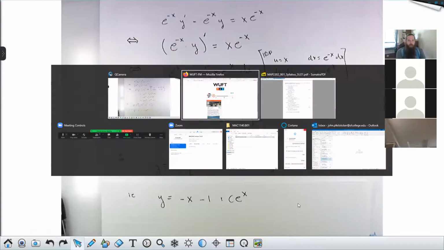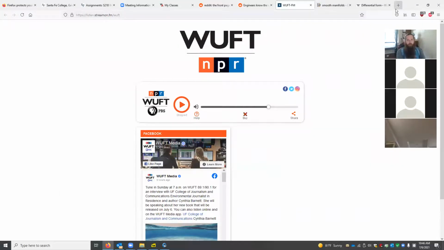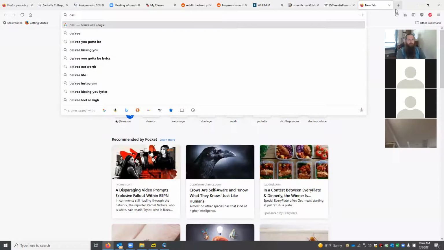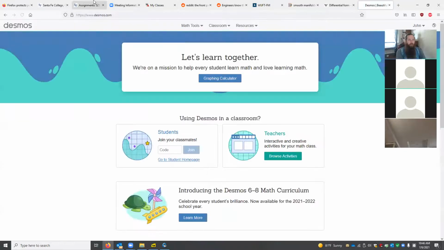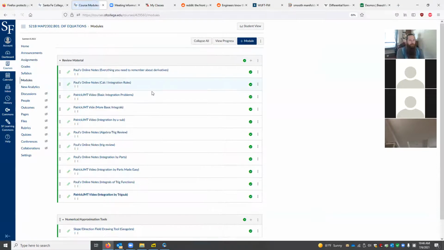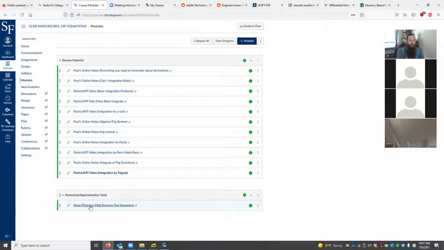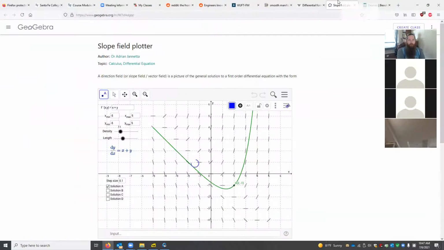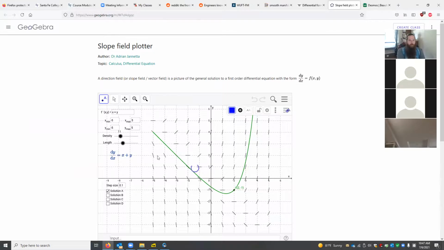Okay, I want to see this in the context of what we were talking about last week. So I'm going to do two things here. Let's open up Desmos, and let's also take a look at, and put it in your modules, the direction field tool. This is nice. All right, so